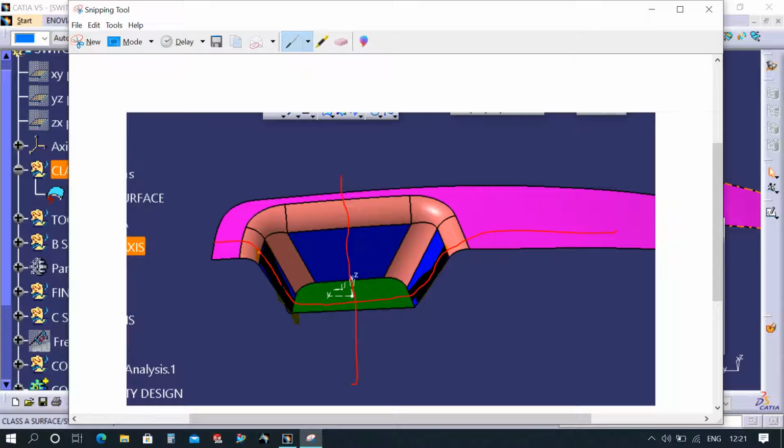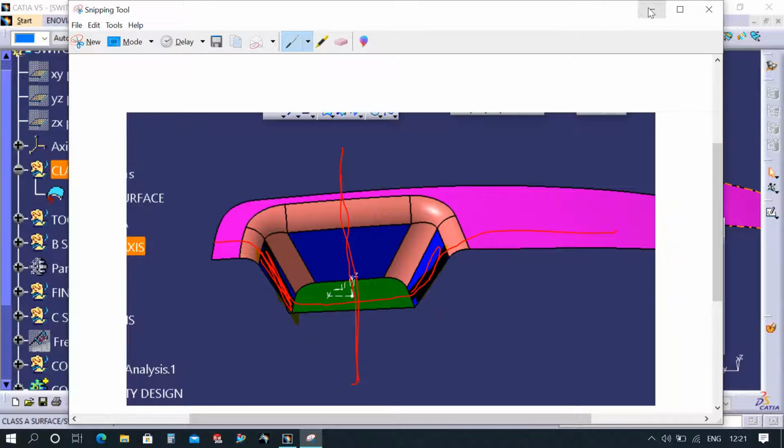Red color is okay. You take this small line and this line. Take the bisecting angle of these two lines. So you will get one line here, right? That will be one line of the tooling axis. And another line, I'll tell you where it will come.